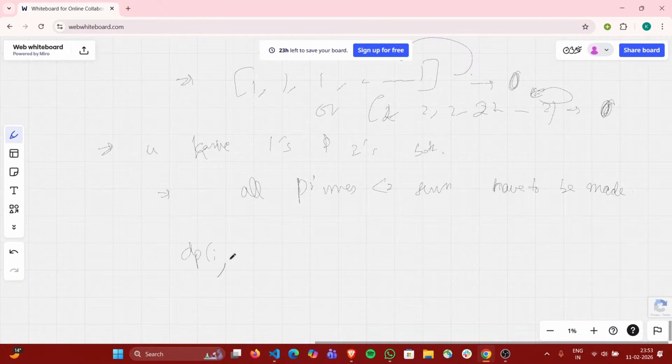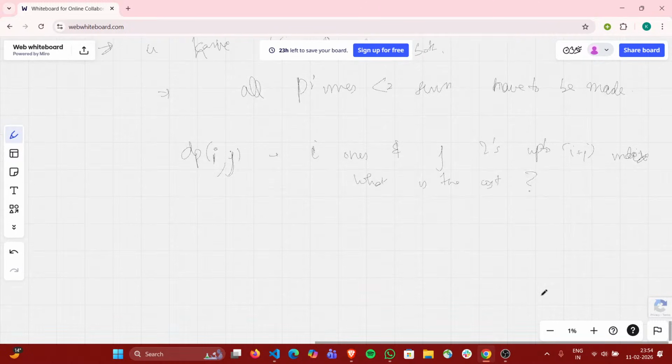Now I am saying that dp of i comma j, I have defined as i ones and j twos up to the i plus j index. What is the cost? This is the minimum cost of getting i ones and j twos up to i plus j